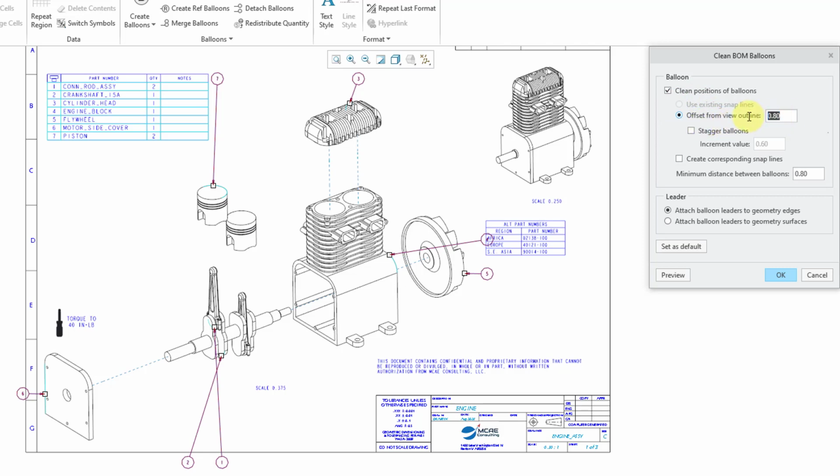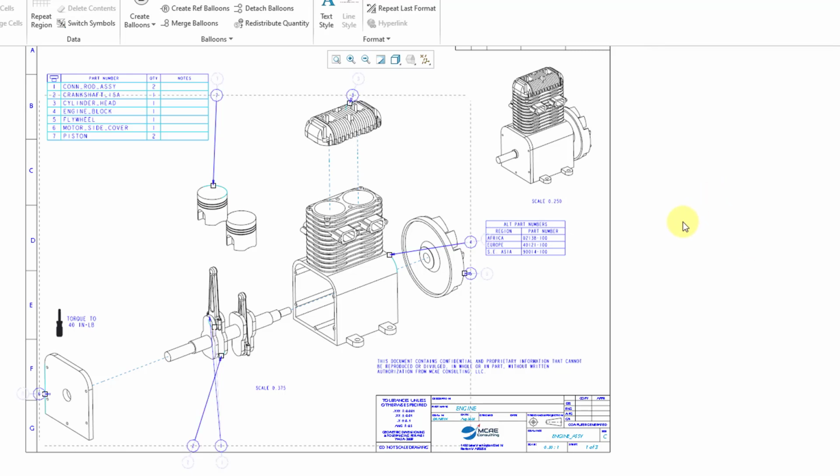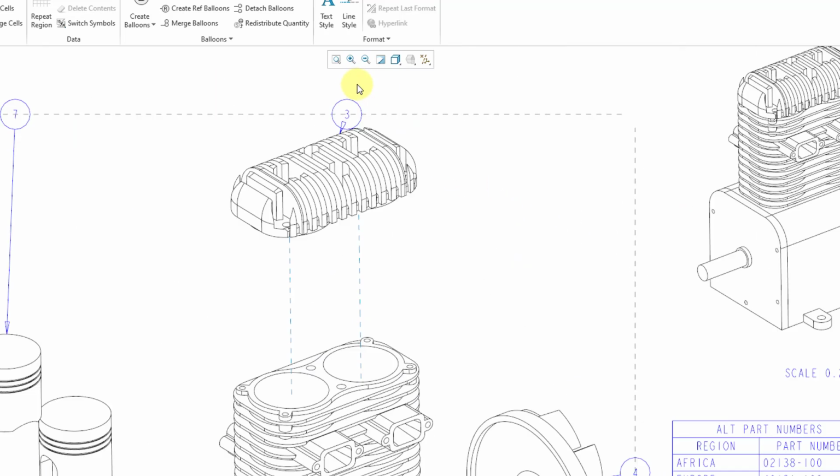My view outline is pretty big, so I'm going to enter in 0.2, just reduce the value. You could specify a stagger value, and 0.6, I'll leave that. And then you could also choose to create the corresponding snap lines. So everything here looks good. I will choose the OK button,